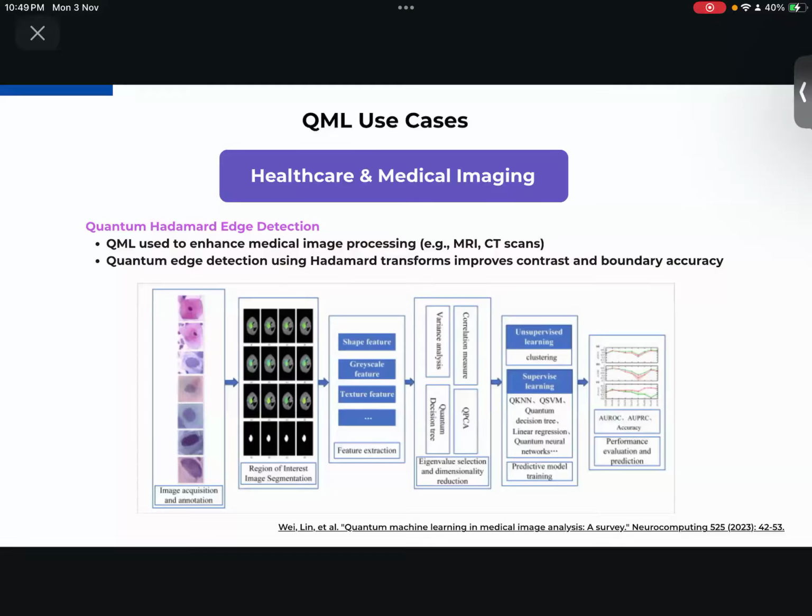So computing the gradient is completely independent from the number of parameters in the data set that you have. This is a huge achievement when it comes to training the model, doing feature selection, and reducing the size of the models. I put the link here if you're interested in reading more about this algorithm. For the sake of time, I cannot go in depth on these use cases, but these are some really clever quantum algorithms that can allow us to see the real advantage of quantum machine learning.